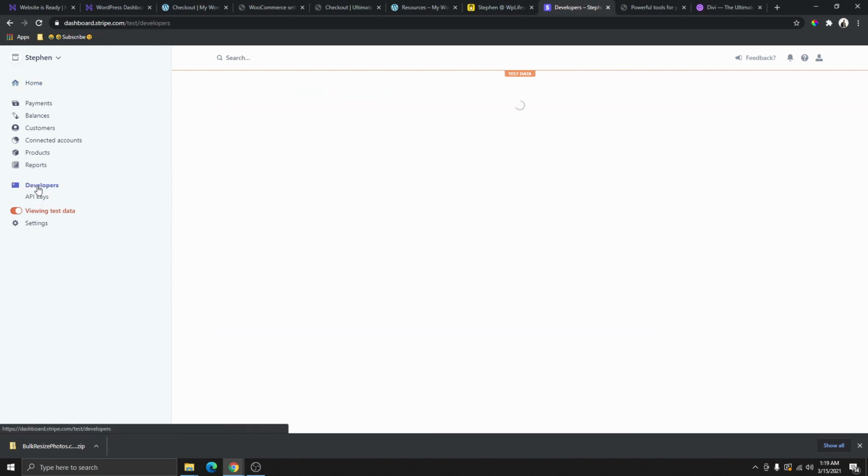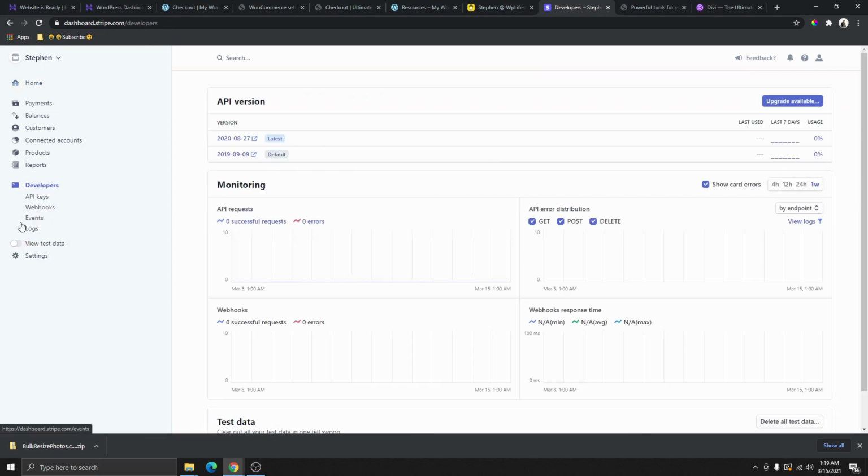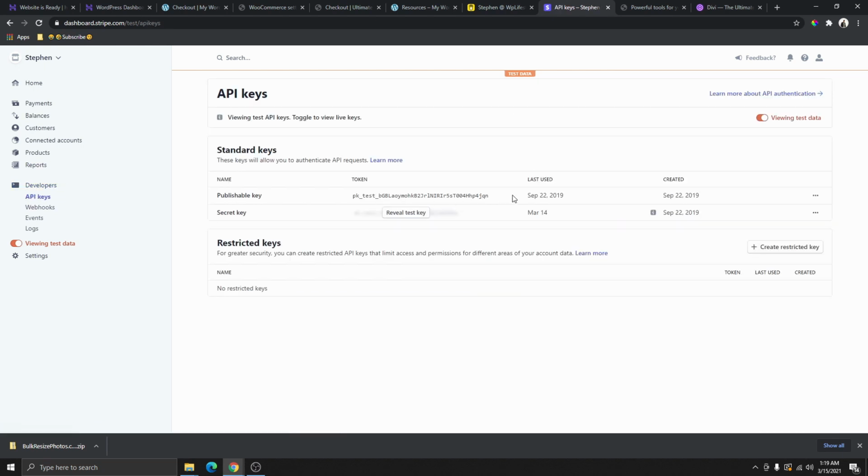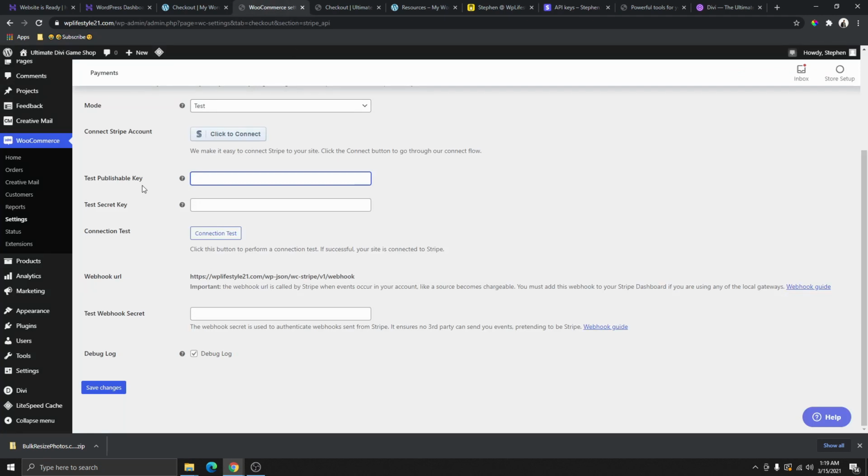And once you're here, you're going to click on developers. Because we need test data, make sure you click on this test data over here. I'm going to click on test data, and you're going to see that this is test data over here on the top. And then click on API keys, and here we're going to copy all the test data API keys. I'm going to copy this publishable key, and then I'm going to go back here, and then I'm going to paste the test publishable key here, and then I'm going to copy the test secret key, go over here,